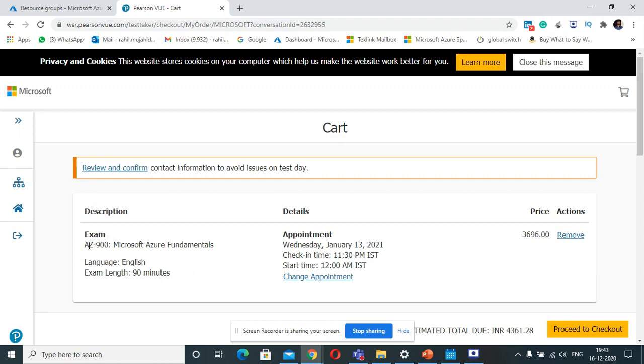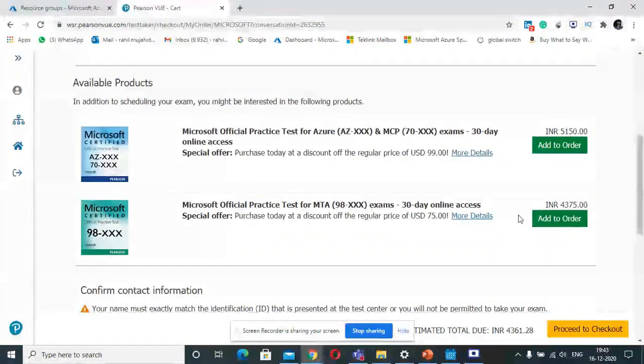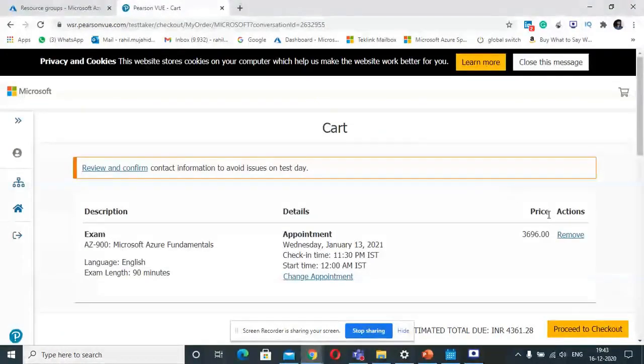We have the examination name, English, and exam length, right? Appointment, Wednesday, Jan 13, 2021. Check-in time, this one. Start time, this one, right? And my price is this one, right? So I have to pay this price, but the moment I click on this, proceed to checkout,